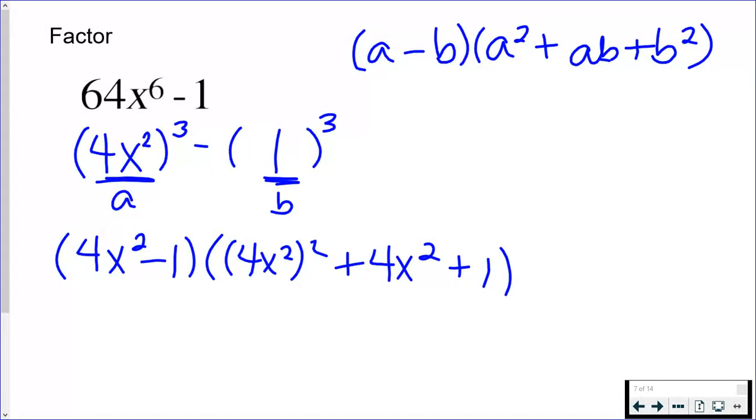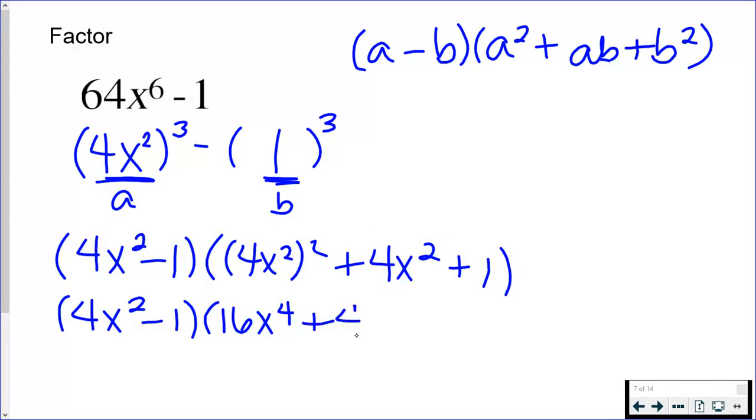Now the last thing I need to worry about is squaring 4x squared. You need to make sure you do 4 squared and x squared squared. So you would end up with 16x to the fourth. Now I'm actually not done yet. I have a problem here, and that is that I have 4x squared minus 1,